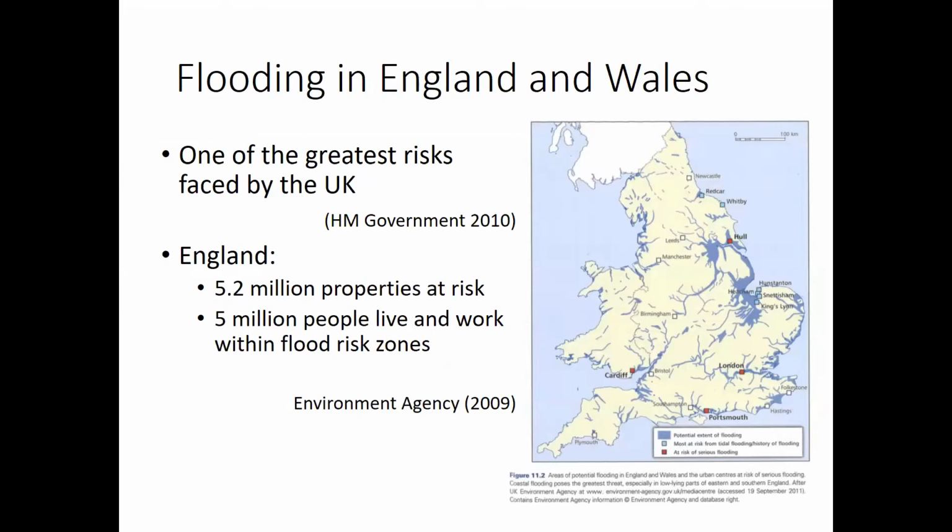So bringing things a bit closer to where we are currently, other than on Zoom, but in England and Wales, this map on the right-hand side shows the potential extent of flood risk in England and Wales. And you can see, as you may expect, particular flood risk, and you might be able to identify locations where you're currently based, on significant areas of flooding, particularly around coasts and major river estuaries. So I guess you don't have to be too much of a geography pub quiz expert to guesstimate some of your English and Welsh river network trivia going on there.